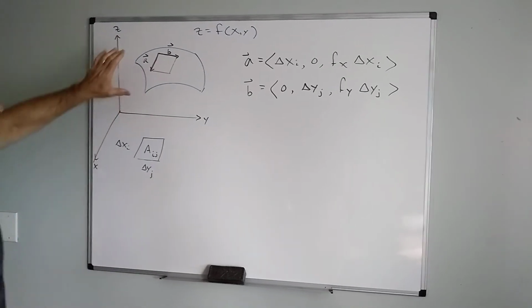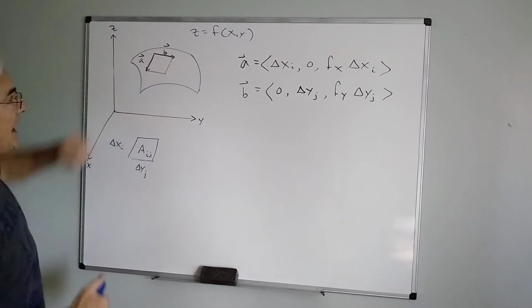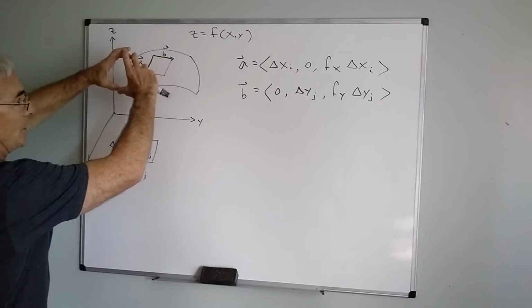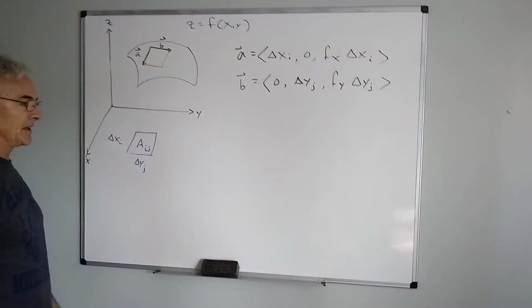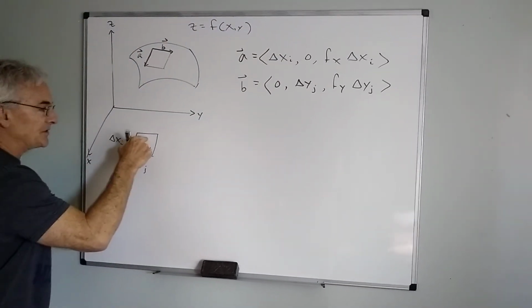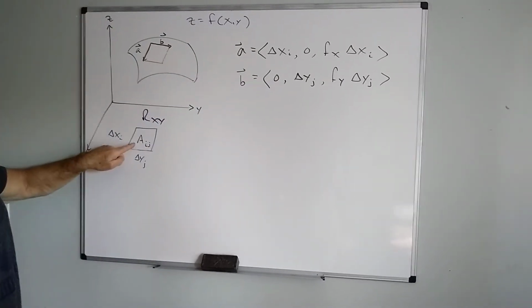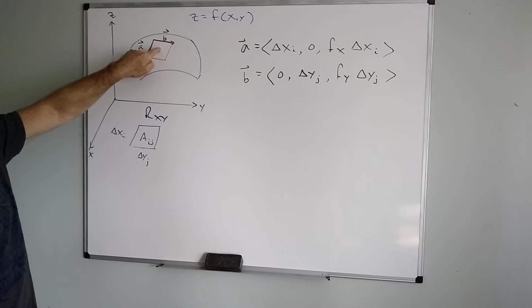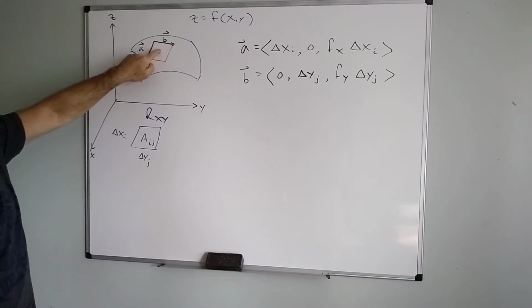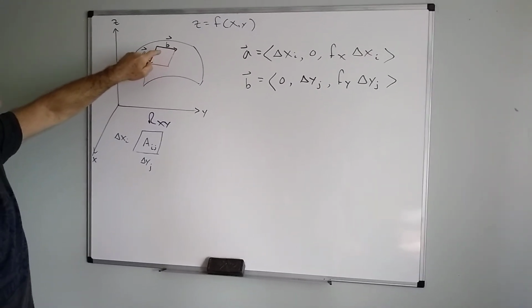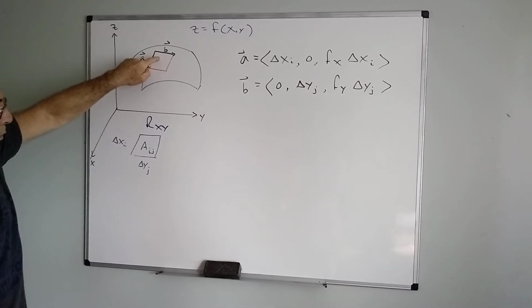So in my illustration here, I have a 3-dimensional surface, and what I'm going to do is take a section of area and then project it onto the xy plane. Now, this area here is clearly just the region in the xy plane, but this should be much smaller than this unless this was completely horizontal. So what we need to do is figure out how to find this area